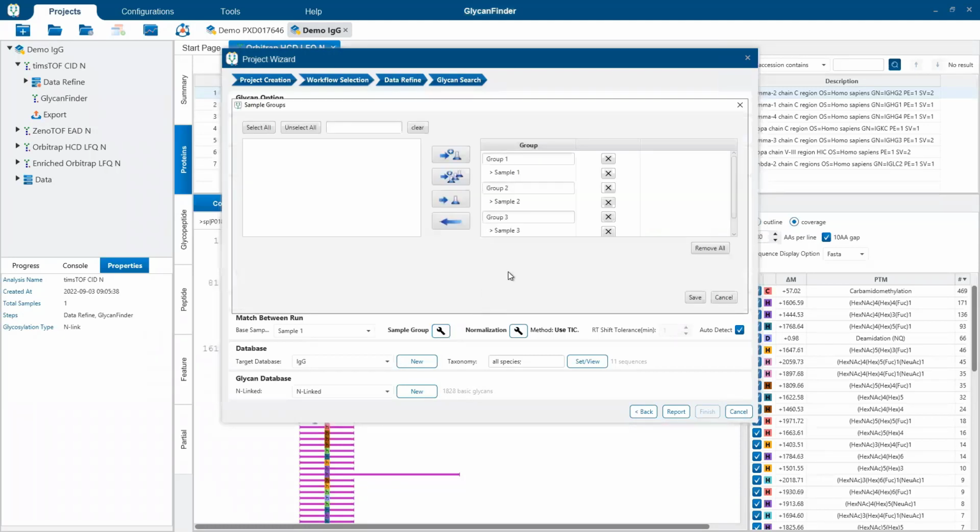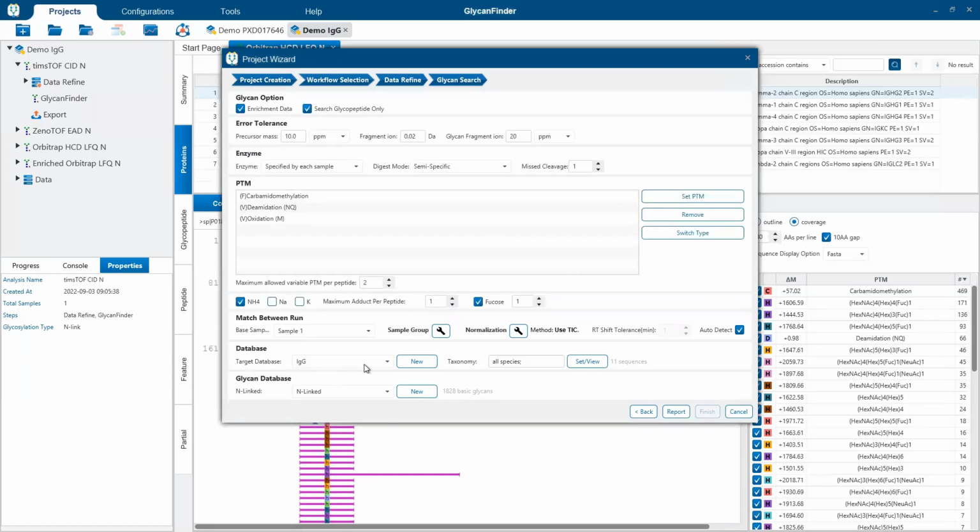So you click this button here and you set up your grouping for quantification. So by default, it'll just set every sample up into its own group. If you remove all, and let's say samples 1, 2 are from the same condition, you can put those in a group like so, just like you're doing a label-free quantification. In this case, I'm just going to set them all into separate groups because we only have one group in this case.